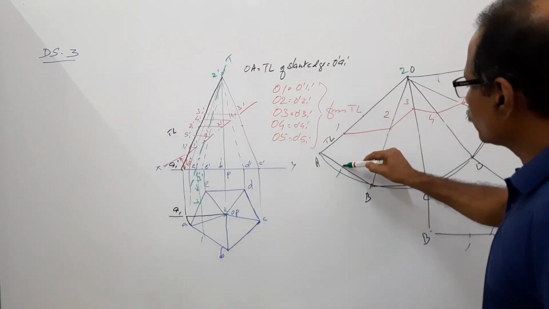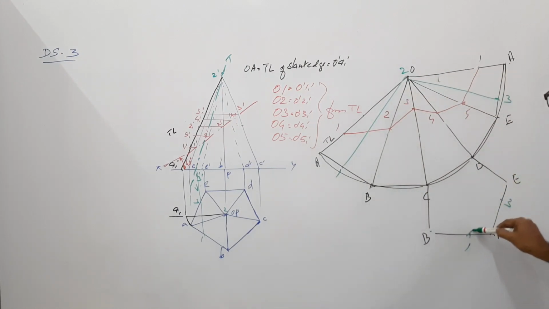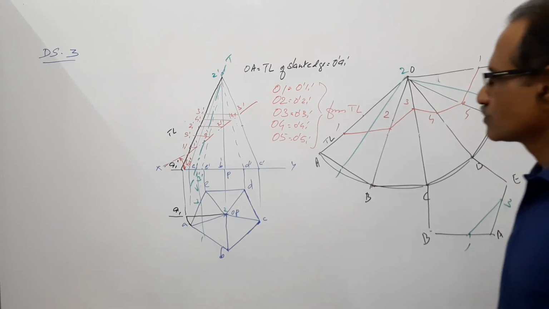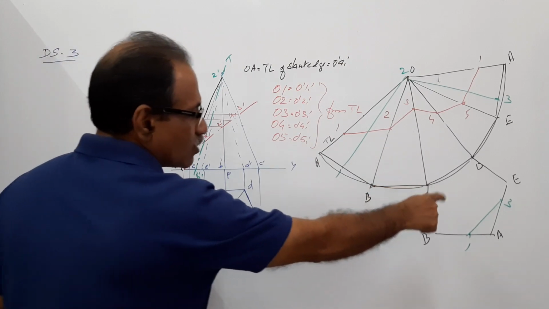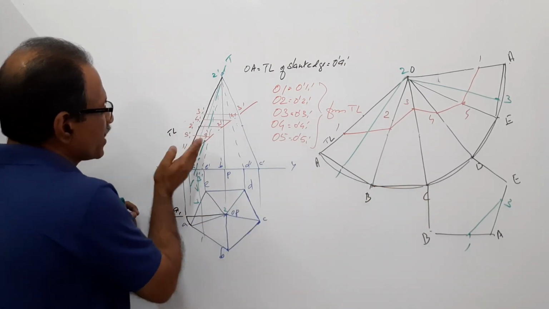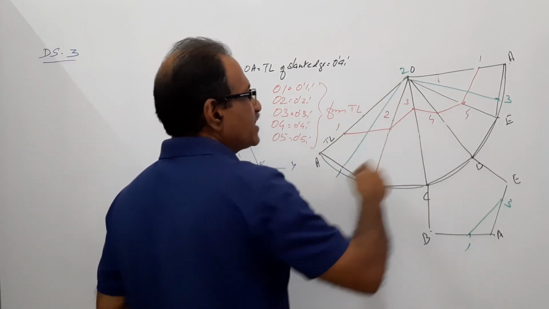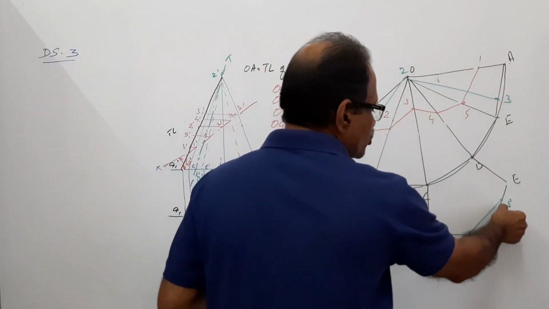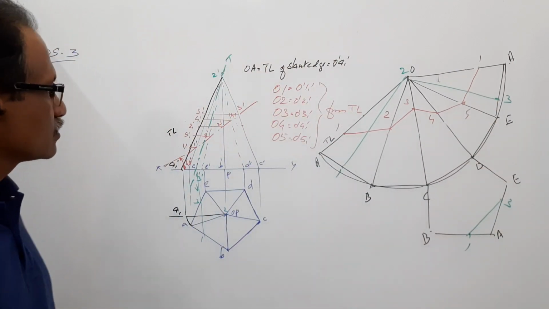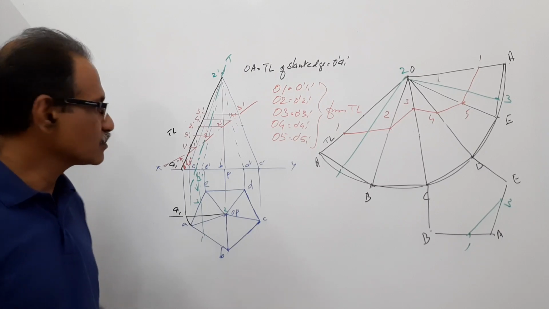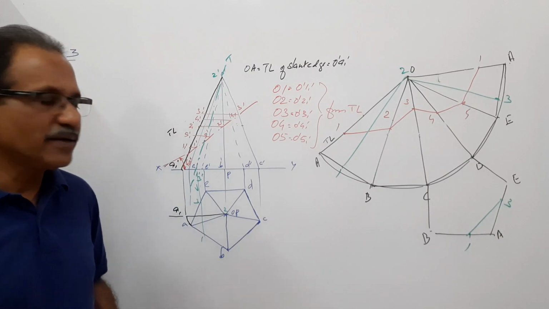Connect. 1 to 2, 2 to 3, and 1 to 3. Agreed? Which will be removed? The portion containing A will be removed. That is, this will be removed, therefore light. This will be removed, therefore light. And this will be removed, therefore light. The other remaining portion will be dark. Agreed? This is the third sub-question in pyramid.